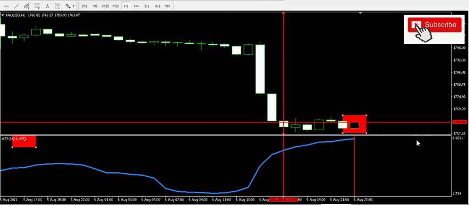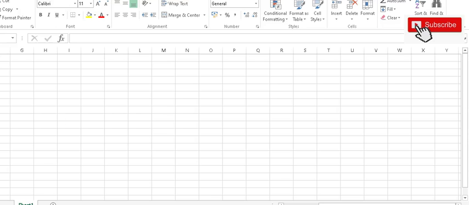So how do I know my stop loss level? What I'll do for the bullish candle, and I'm buying a bullish candle, I look for the low price of that bullish candle. If I place the cursor on this candle, what's the low price? The low price is 1759.90. So I'll go to my Microsoft Excel sheet. I can use a calculator to